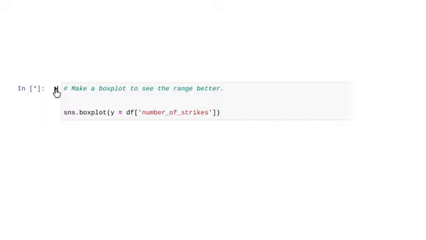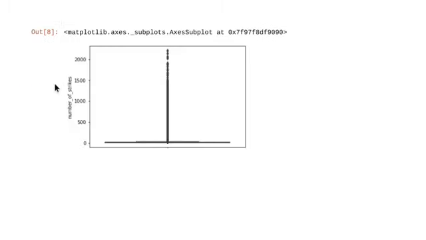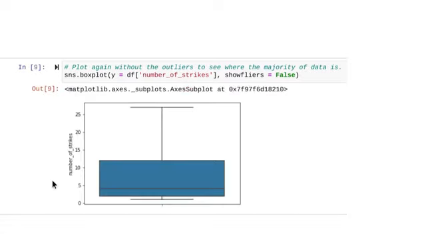Now that we've done some initial validation, let's get a better sense of the range of the total numbers of lightning strikes. If we use a simple box plot data visualization with number of strikes as our data parameter in the argument field, we'll find that the distribution is very skewed. Most days of the year have less than 5 lightning strikes, but some days have more than 2,000. As you recall from a previous video, we can remove the outliers from the box plot visualization to help us understand where the majority of our data is distributed. We can do that by adding showfliers equals False into the argument field. The result is much easier to interpret.